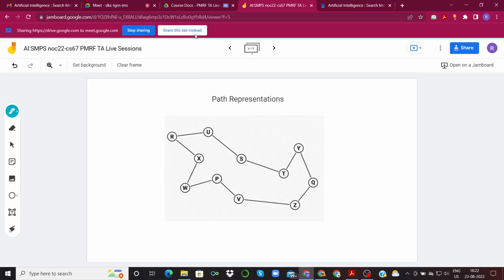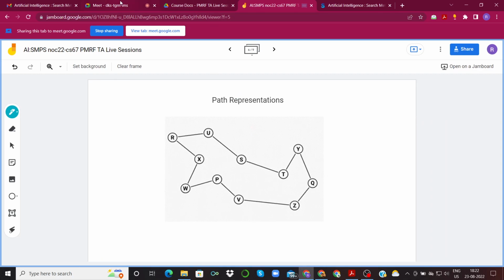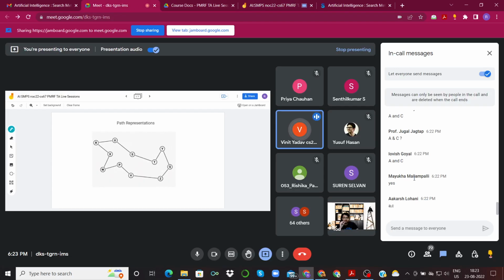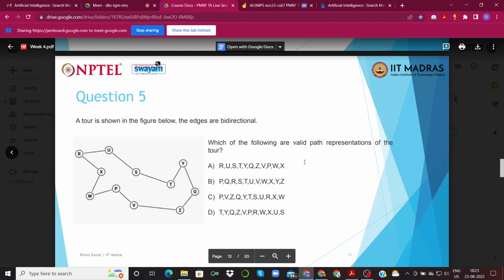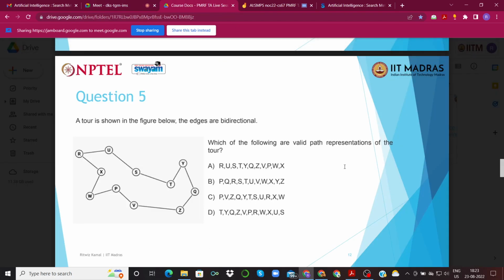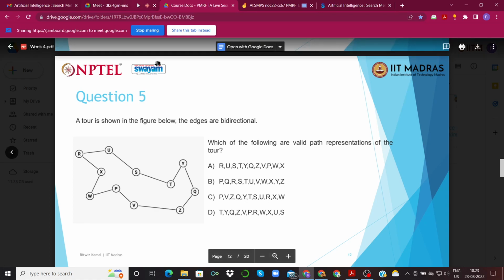Whenever we are representing a graph like this, it will include all the nodes without repetition. So if it is starting from Y, it will finish at P without Y included again at the end. Yes, if you revisit the problem of TSP, you start from one of the cities, you visit all other cities exactly once and return to the starting point. In the tour, we don't mention the starting point again at the end, but it is implied. For representation purposes, all the points will be mentioned once only in the list. Exactly. Okay, thank you.